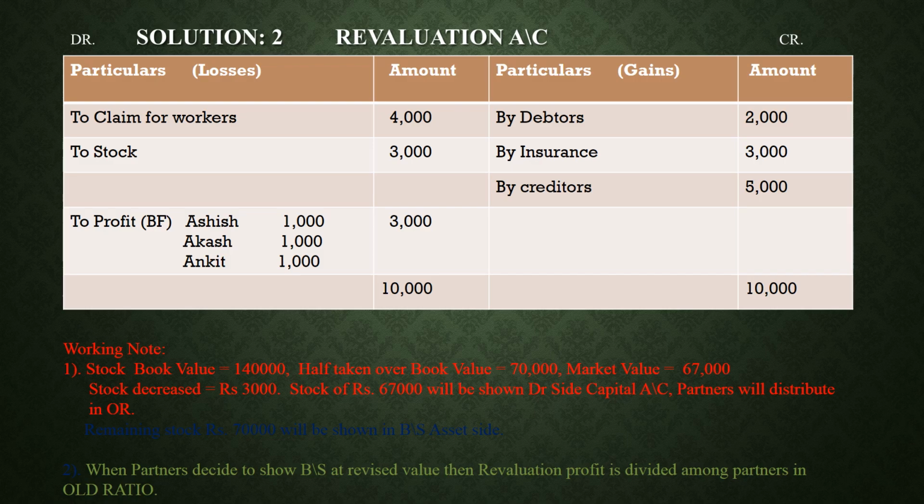जब भी partners decide करते हैं कि balance sheet को new values के साथ या रिवाइज्ड वैल्यूज के साथ शो करना है तो रीवैल्यूएशन का सारा प्रॉफिट पार्टनर्स ओल्ड रेशियो में डिस्ट्रीब्यूट कर लेते हैं।